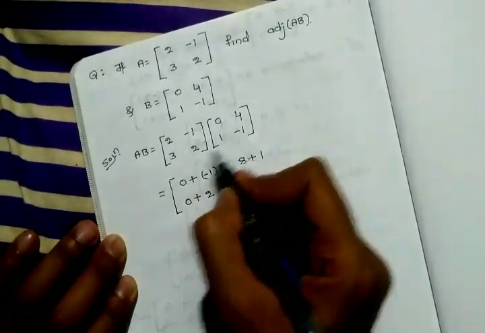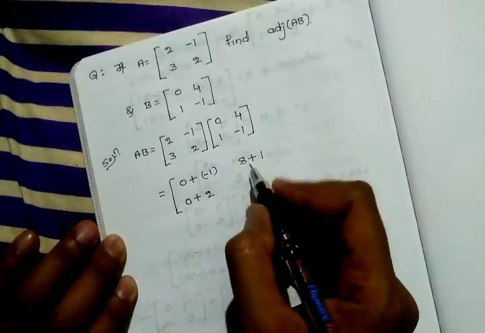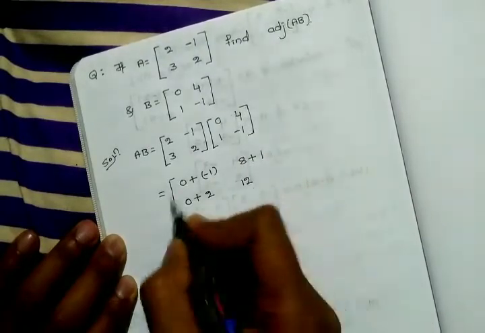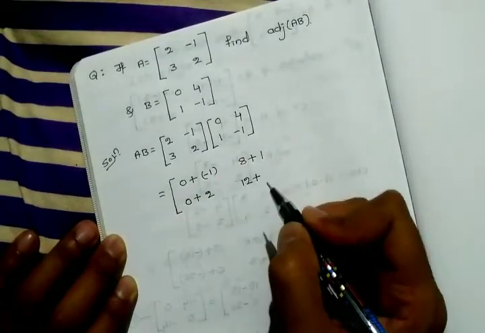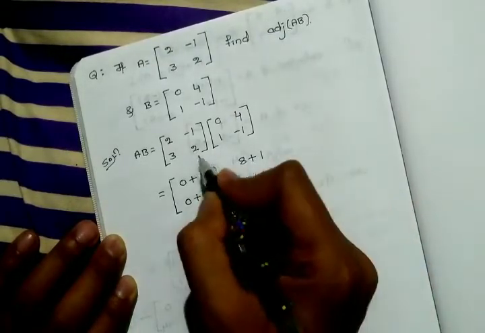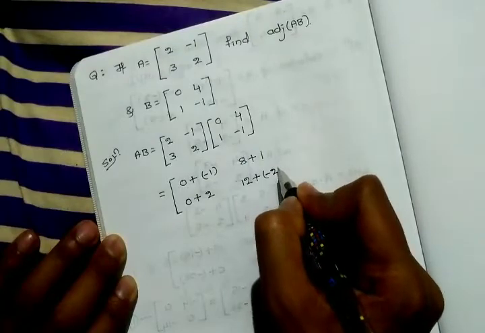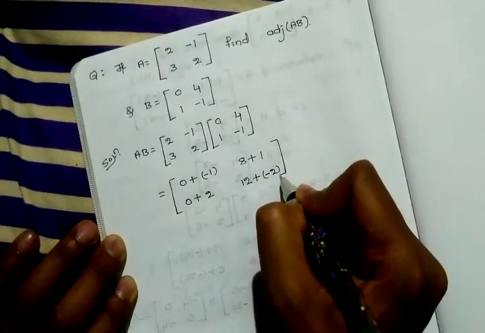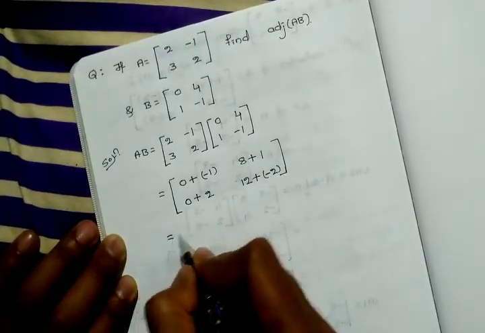Second row, second column: 3 into 4 is 12, plus, plus into minus is minus, 2 into 1 is 2. So next, which is equals to,